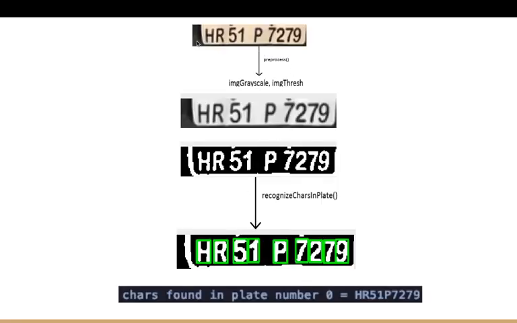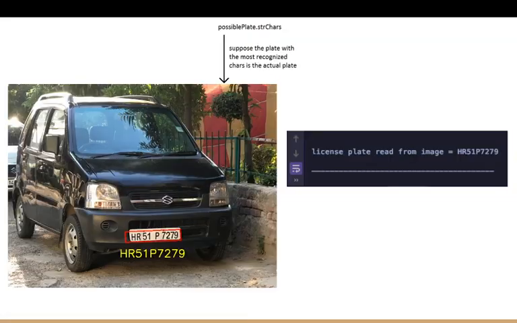Now this number plate is segmented, and then additional preprocessing is performed on it as well, in order to correctly recognize the characters and make the system more efficient. Here the characters are recognized by the computer correctly.